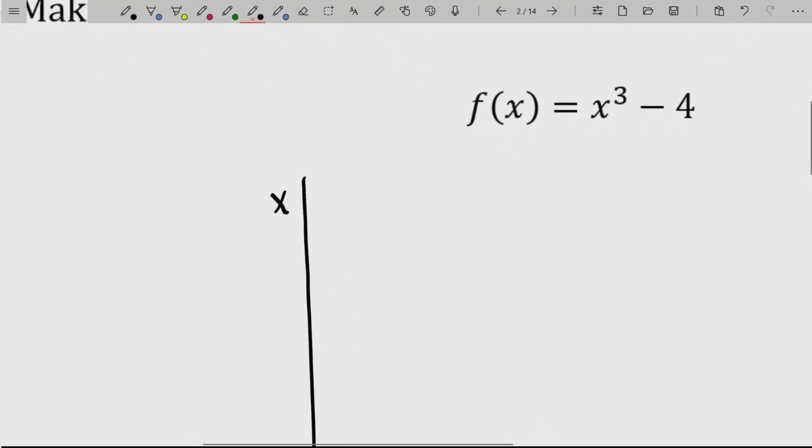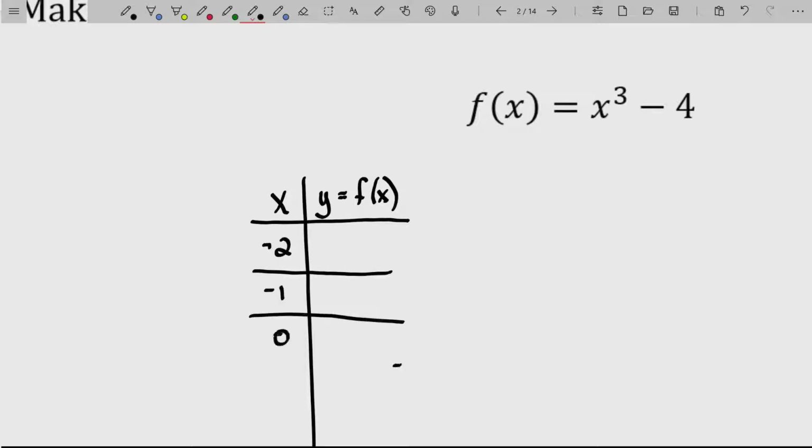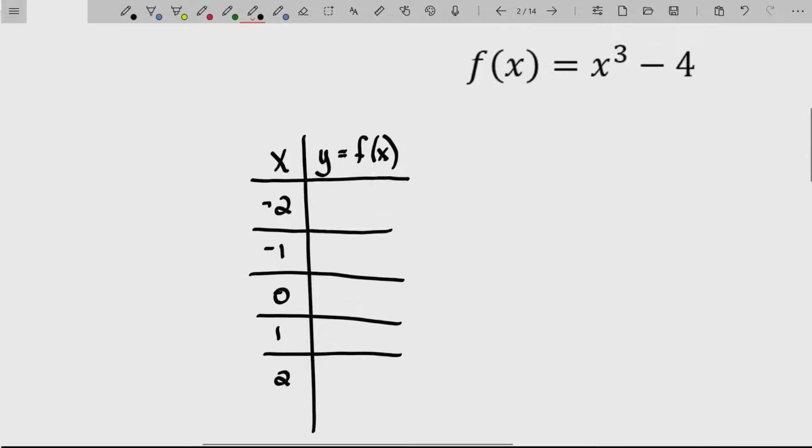Let me zoom in here. x versus y, which is equal to f of x. And so our inputs, well, we can plug in anything we want. I'm just going to go ahead and make my table go from -2 all the way to +2 in step sizes of 1. It's just a little bit cleaner to have that